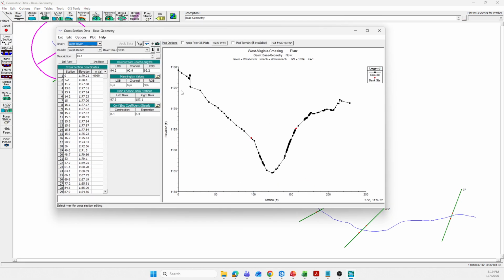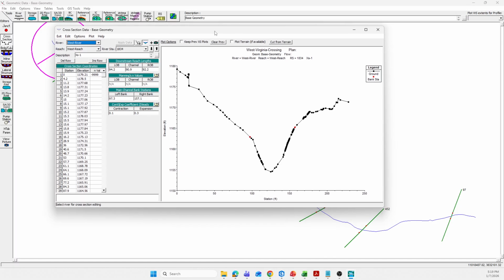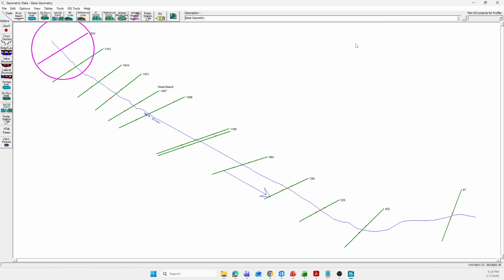So when we look here, we don't have MANNING'S values added. This means no MANNING'S-N is N99. So we can individually add it at each point, or we can assign it across the stations. So let's do that. Basically what we need to do is we close this, and I know that the MANNING'S-N value for my channel